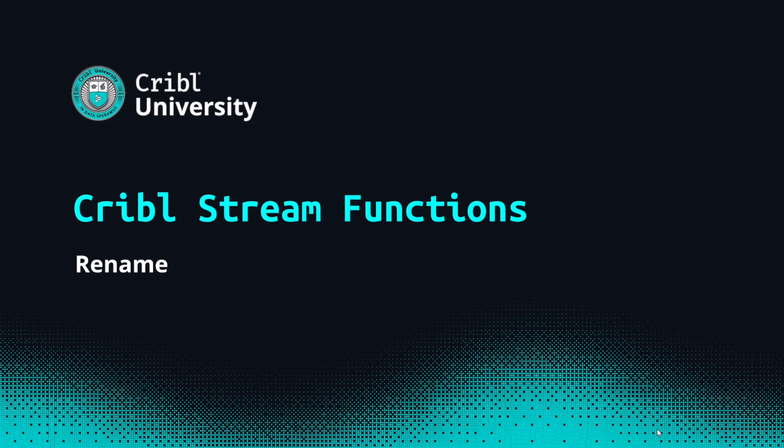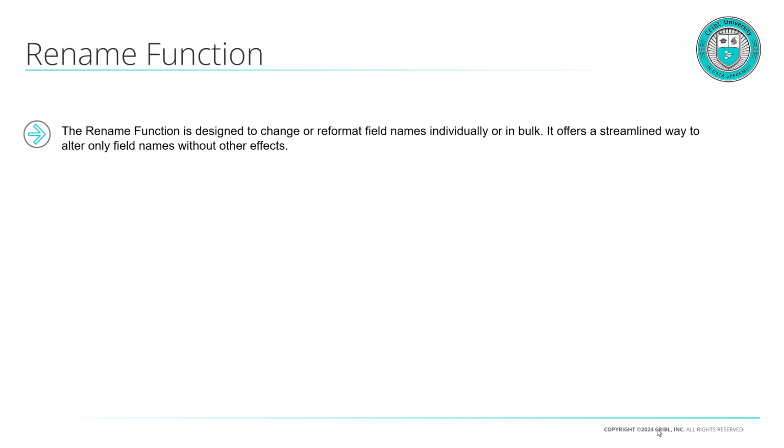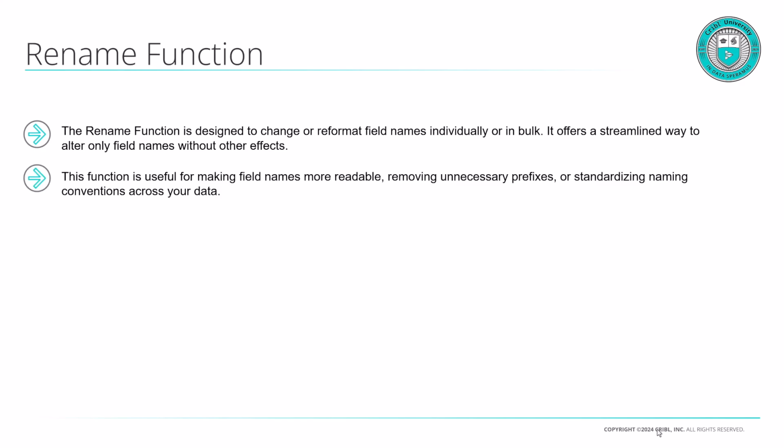Cribl Stream functions: Rename. Rename is actually a very, very basic, but very, very useful function. As the name states, it's designed to change or reformat field names individually or even in bulk. It offers a streamlined way to alter only the field names without impacting other parts of the event. This function is useful for making field names more readable, removing unnecessary prefixes, or standardizing naming conventions across all your